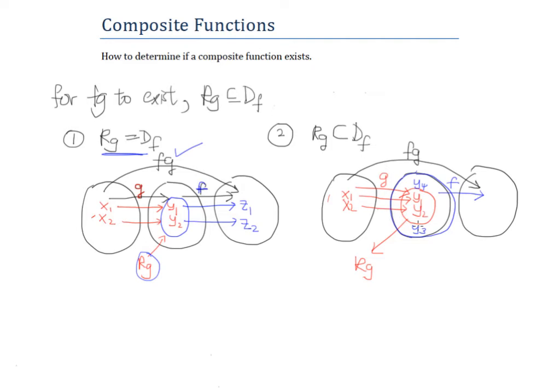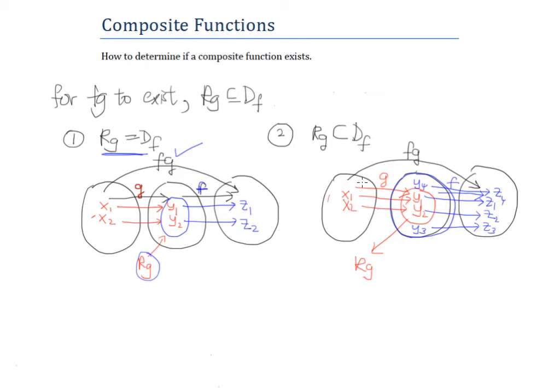Okay, now what happens here is that this y1, y2 undergoing f will become z1 and z2. Because there are others around, think of it this way: the y3 will then become z3, and the y4 will become z4. So in this particular case, I need you to understand that we have the domain